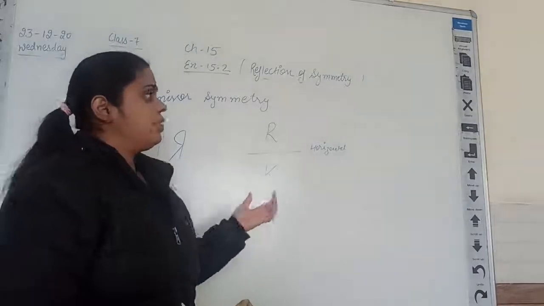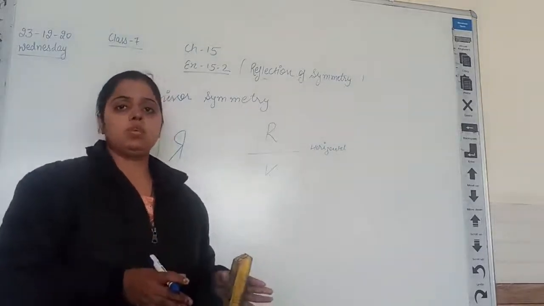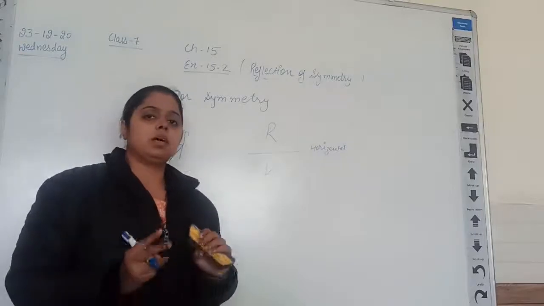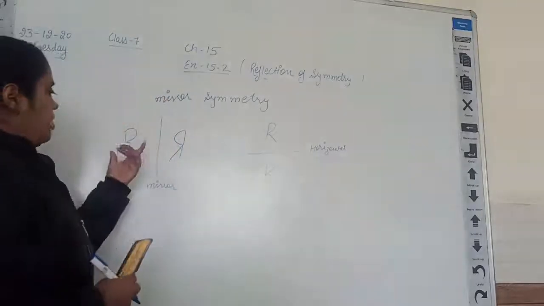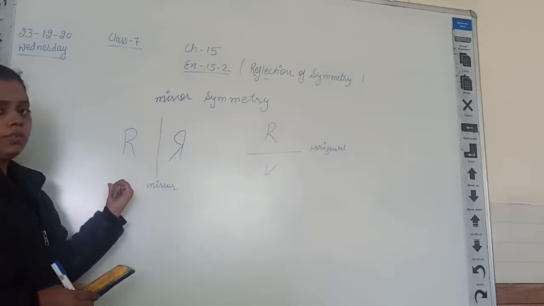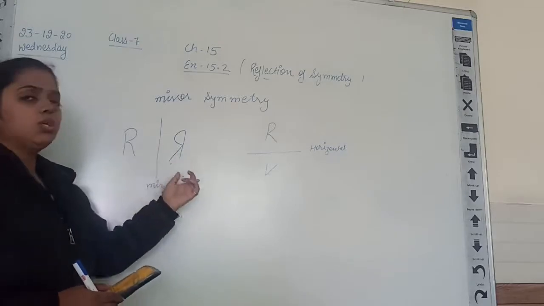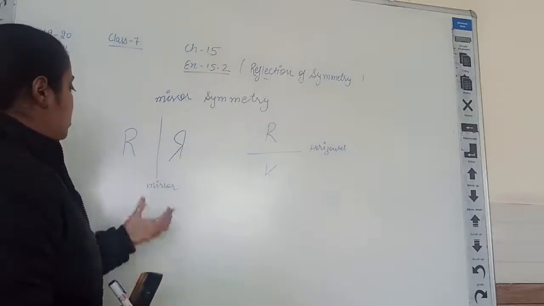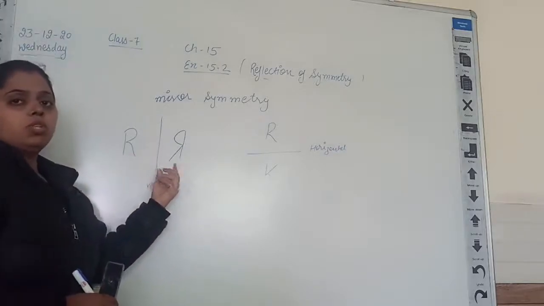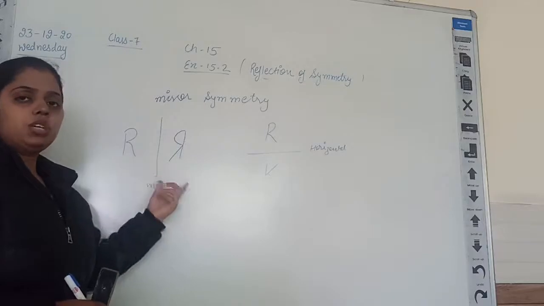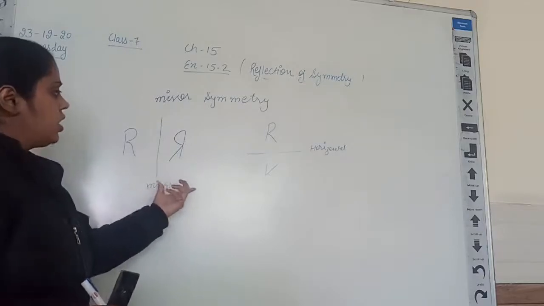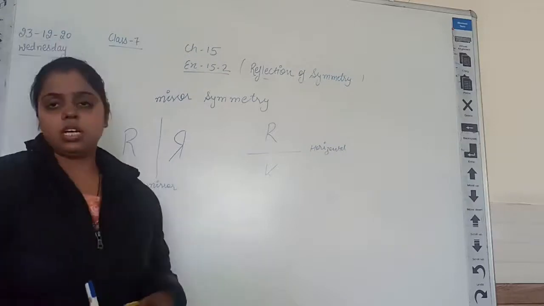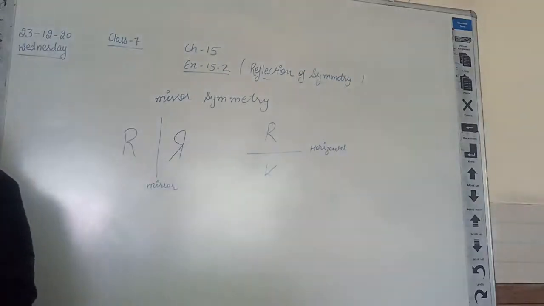See beta, reflection of symmetry is also equal to the line of symmetry. They both have the same concept, that is, the figure which is on the left side of the mirror is identical to the figure which is on the right side of the mirror. Identical means these figures are both the same as each other. Right? So that is called the reflection of symmetry.